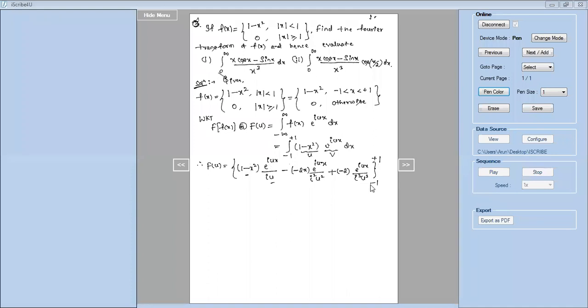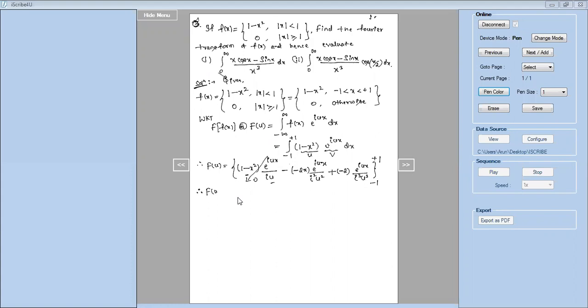Next, lower limit is minus 1. If I put x is equal to minus 1 in this, it is minus 1 whole square, and again minus 1 whole square is plus 1. So 1 minus 1 again will come, and 1 minus 1 is 0. So this entire term becomes 0. That means this first term, if I substitute upper limit or lower limit, its value becomes 0. So straight away I leave the term. Let us leave this because it becomes 0. So we substitute limit only for the remaining function.